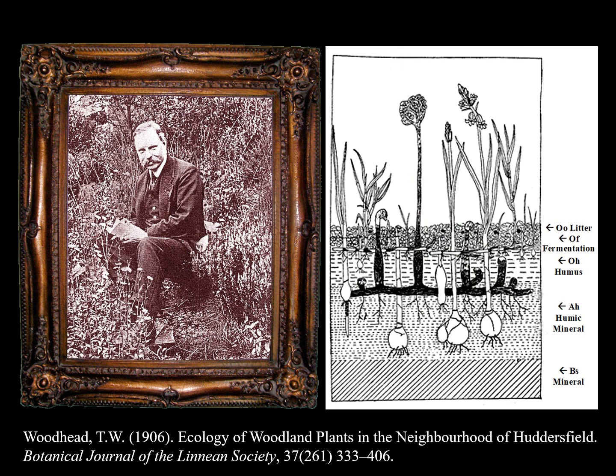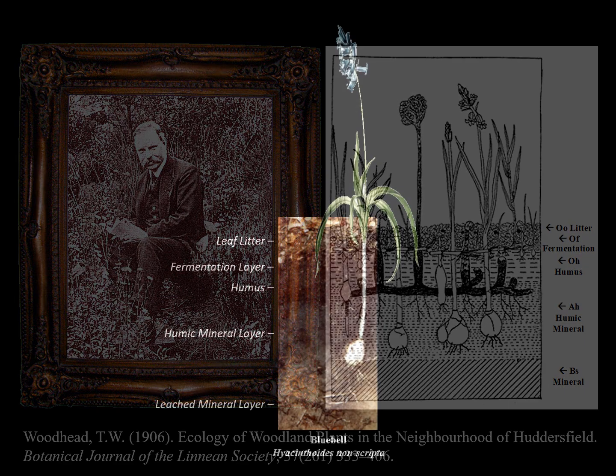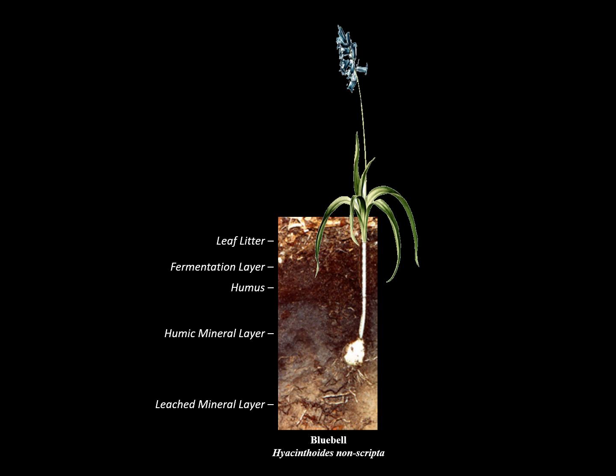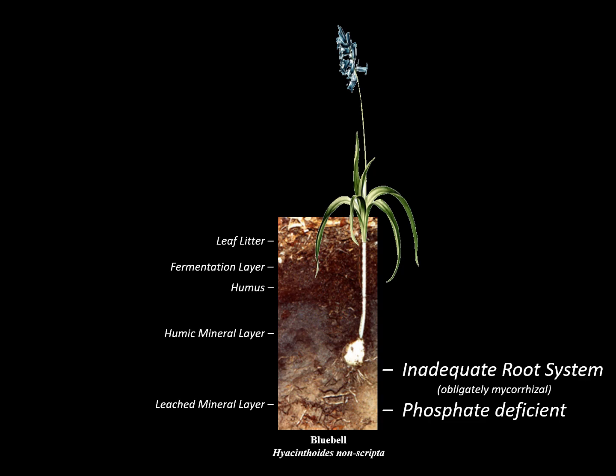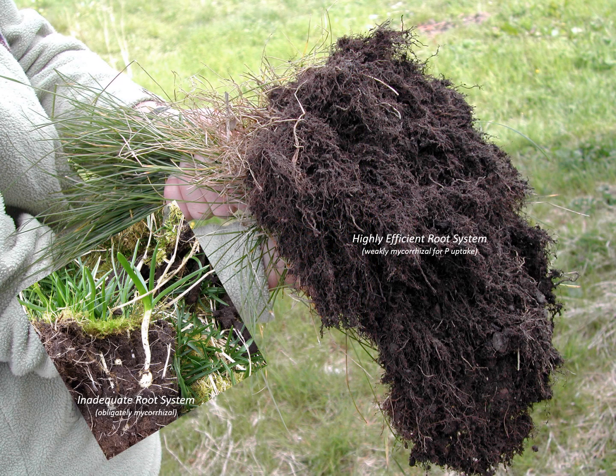Thomas Woodhead, in his day a renowned Huddersfield botanist, is one of the few people to have investigated the biology of bluebell. His drawing of a soil section shows the mature bulbs well below other woodland plants, bracken and soft brome. Bluebell roots inhabit a soil horizon in which phosphate is very scarce. Compared with, say, a grass, its roots are few, short and unbranched, not made for reaching out through the soil to gather a rare nutrient.